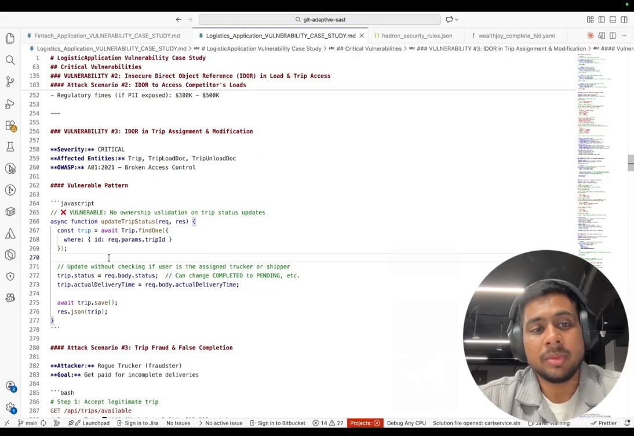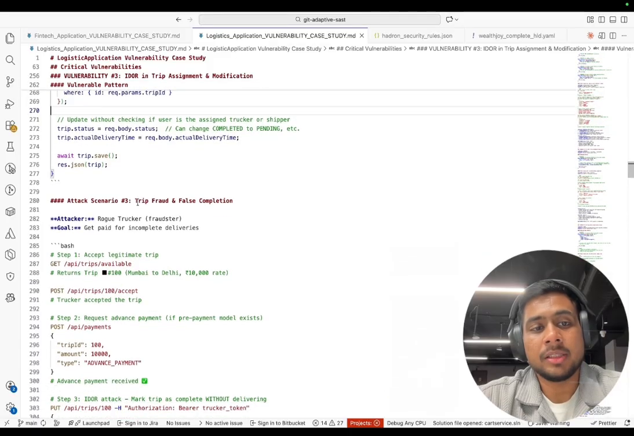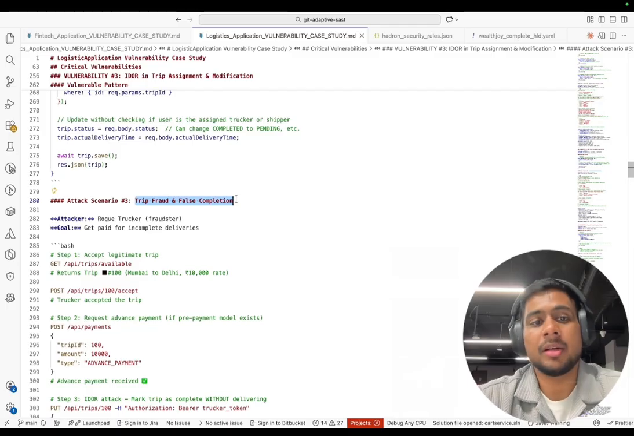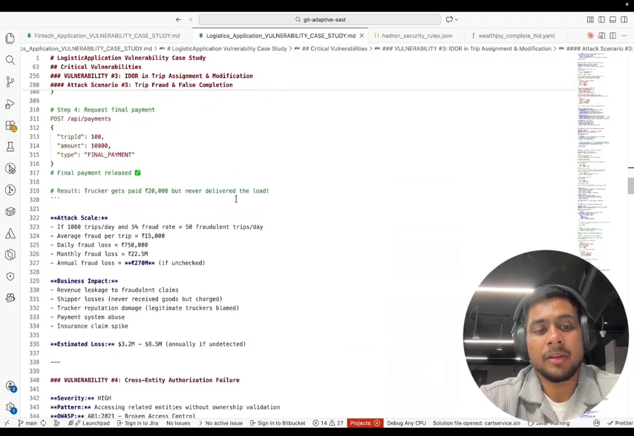So that is what has been mentioned here. Yeah, so the attack scenario is like you make a false trip and trip completion can be done. So the next one is